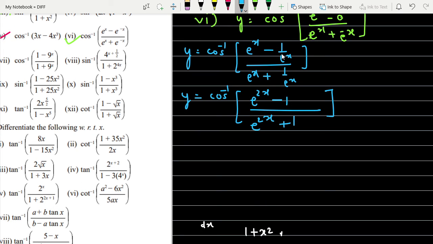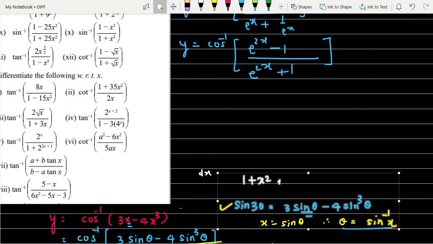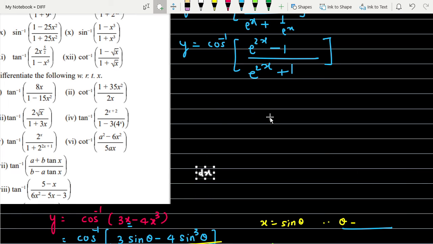Here we will take the LCM, e raised to power x into e raised to power x, e raised to power x whole square. Then further you can write e raised to power 2x which I wrote here, and the denominator e raised to power x is getting cancelled over here. Then here y is equal to cos inverse of e raised to power x, we will put